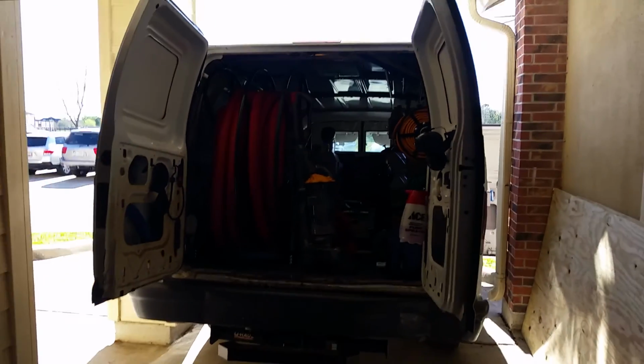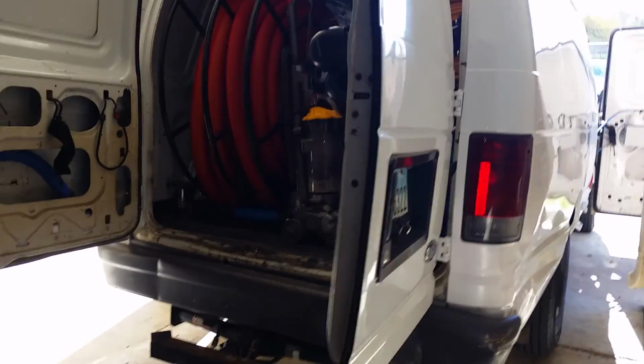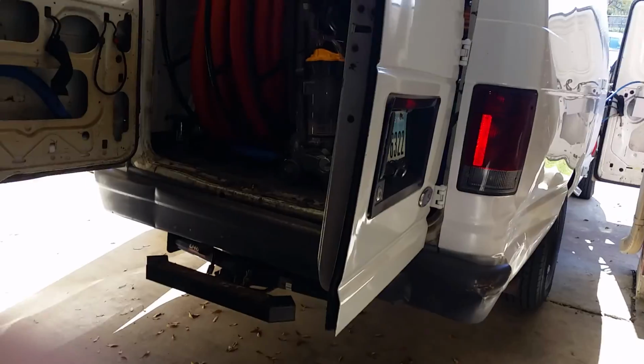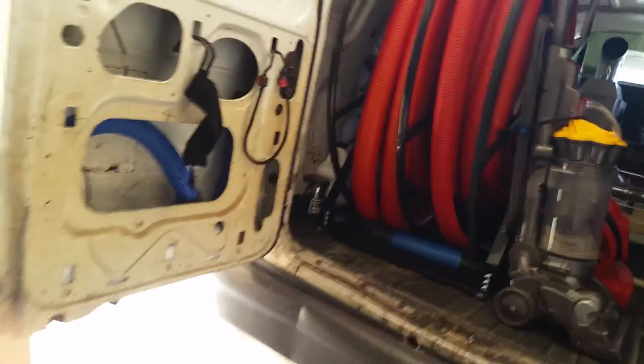So just wanted to show you guys my newer setup. Last year I went from an Astro van, a little dinky white Astro van, to this big old E350. It's got a ton of space in it. So towards the end of the year I upgraded the van, and then here in January